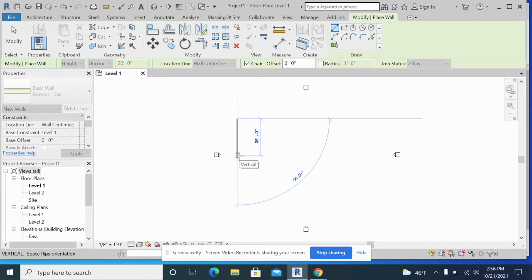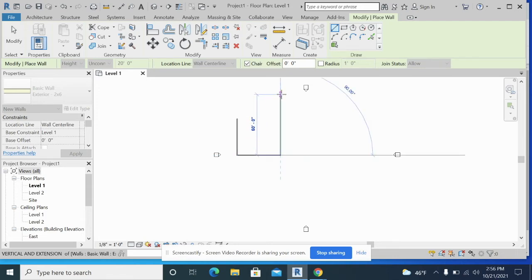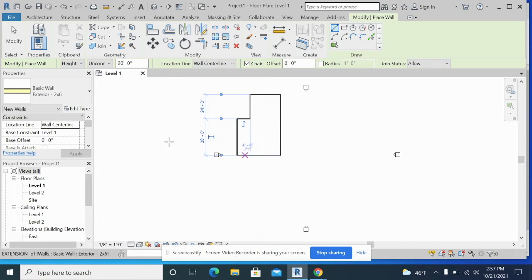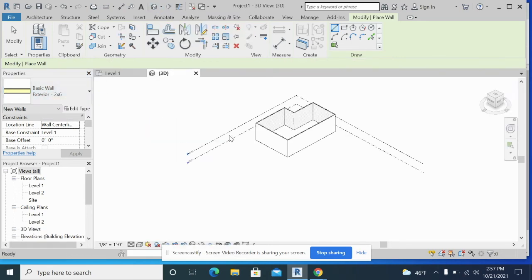I'm just going to go, let's say 36 inches-ish, by 40. Maybe we'll make it a little interesting here. Draw kind of a smallish shape, not too complicated, but a general outline of a house. And it all has our basic wall exterior 2x6. So if we look at our 3D view,